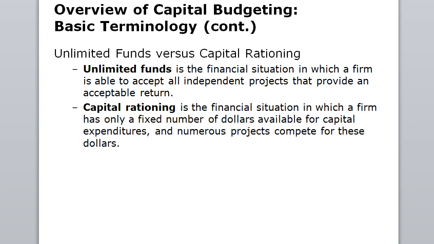Okay. Unlimited funds versus capital rationing. Unlimited funds is a financial situation where a firm is able to accept all independent projects that provide acceptable returns. So this is very rare. If a company has unlimited capital, meaning that they could just do whatever they want and accept as many projects as possible, that's just not realistic, because really no company has unlimited